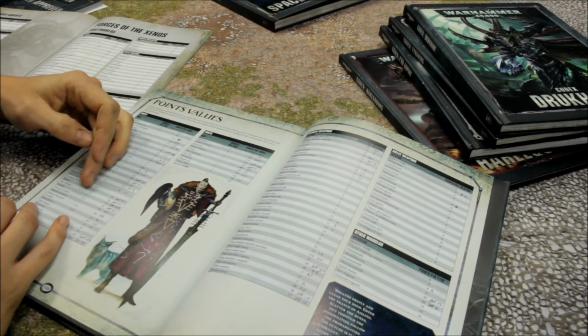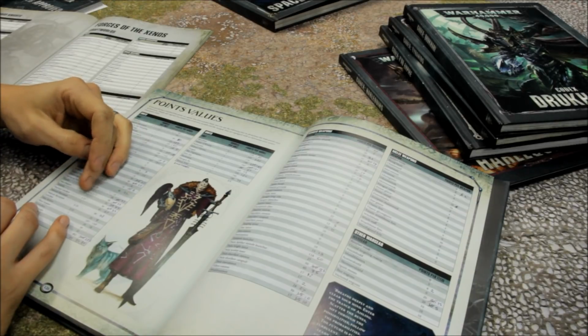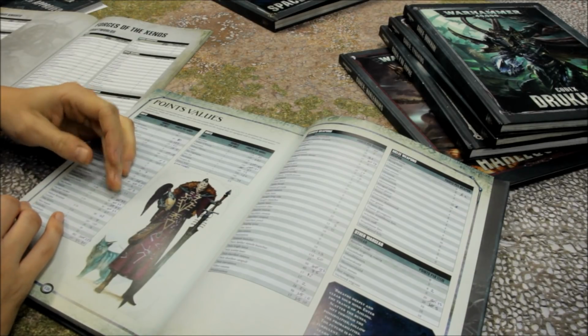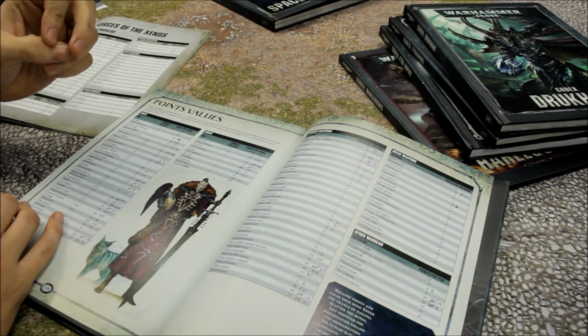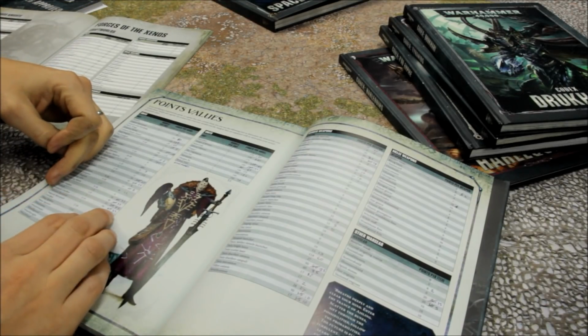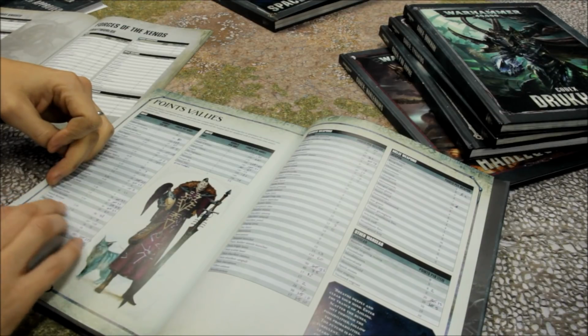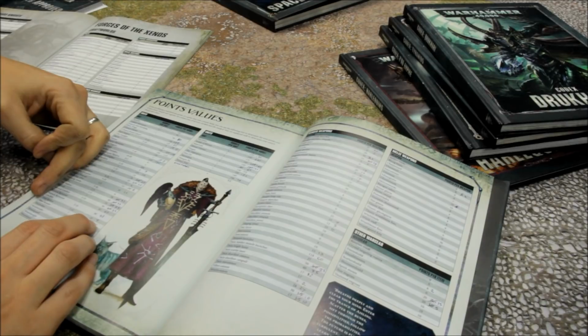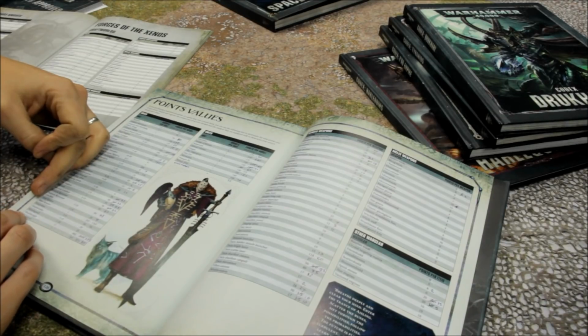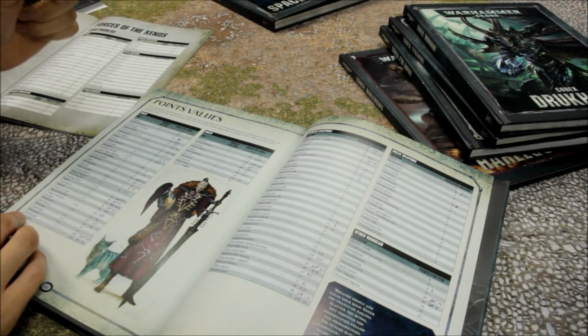Vipers have dropped again to 35 points. War Walkers have dropped again to 35 points. The Warlocks have dropped back down, now they're 45 points. The Warlock Conclave's 35 points. The Warlock Skyrunner is 60. The Warlock Skyrunner Conclave's 48. Warp Spiders have dropped to 9. The Wraith Knight has dropped again to...